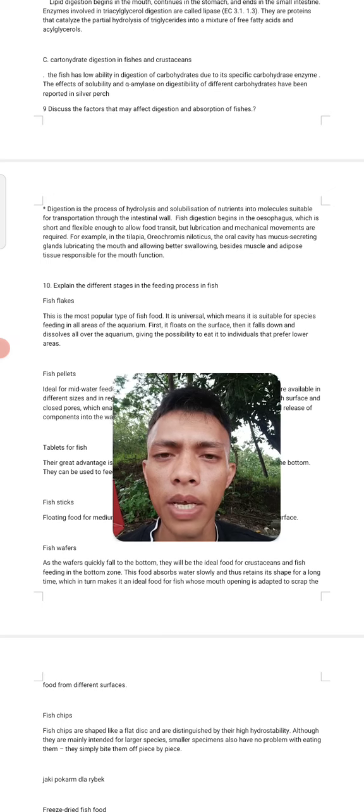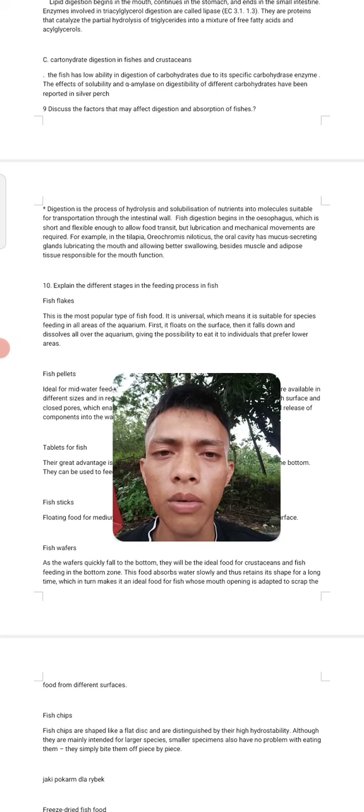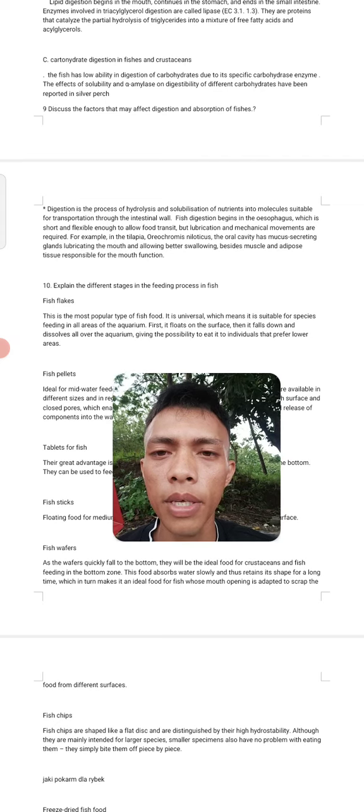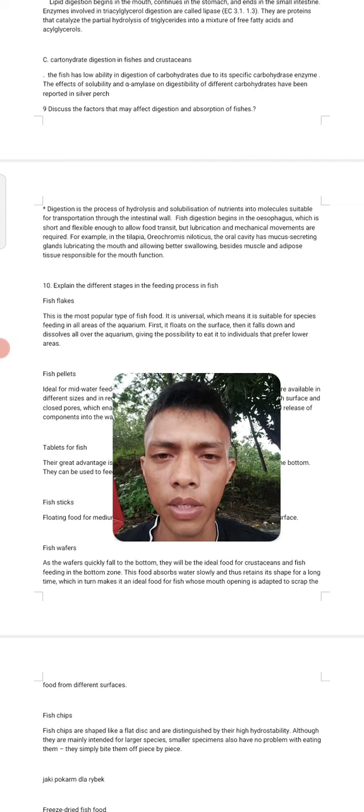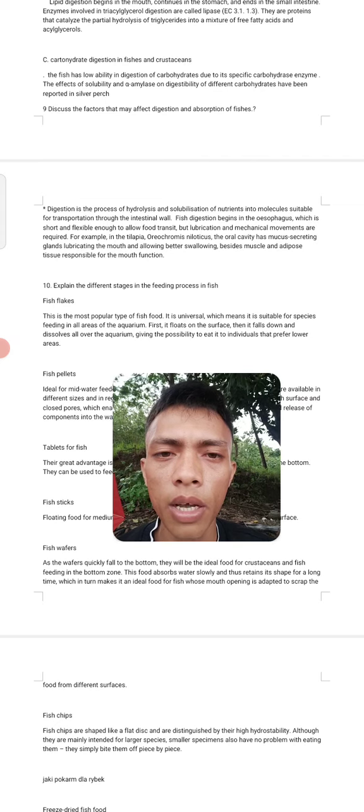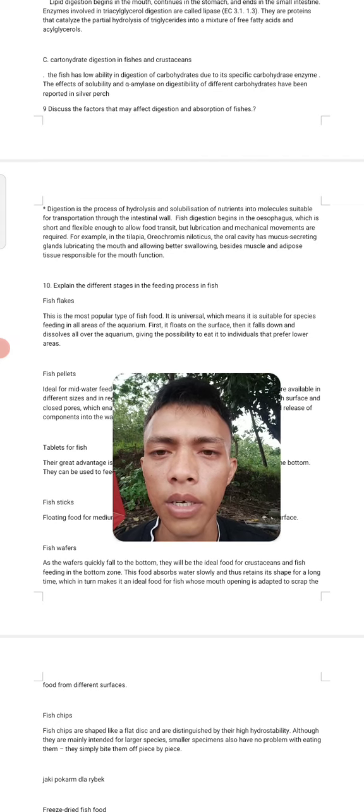Digestion is the process of the hydrolysis and solubilization of nutrients into molecules suitable for transportation through the intestine wall. Fish digestion begins in the esophagus, which is short and flexible enough to allow food transit, but lubrication and mechanical movement are required. For example, in the tilapia,